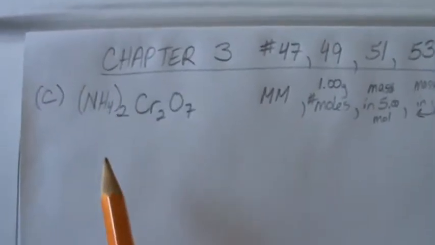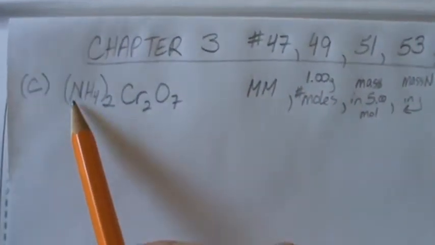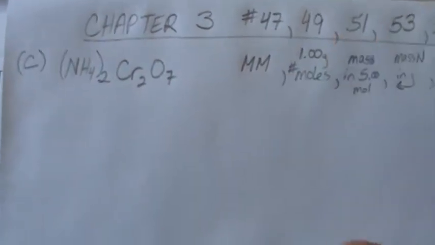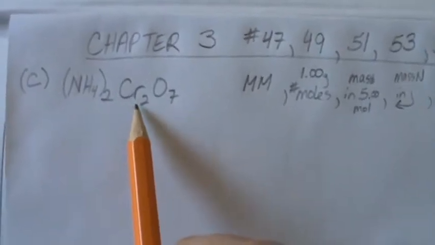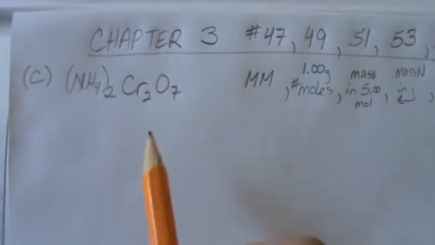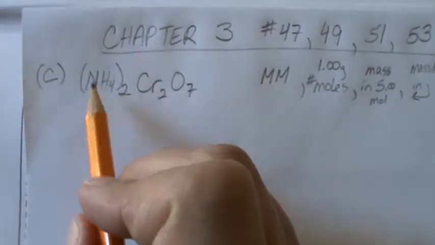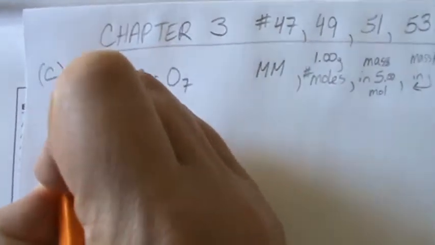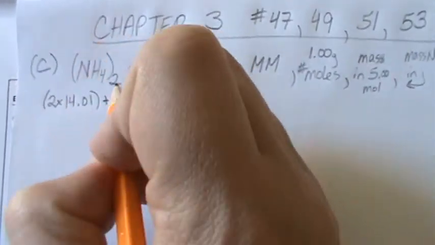Okay? So part C of 47 says we need to find the molar mass of this compound, ammonium dichromate. It's not really a molecule, it's a formula unit because it is an ionic compound. So here's our cation, ammonium, and our anion, the dichromate, Cr2O7 2-. In order to find the molar mass, I have 2 nitrogens, so that's 2 times the molar mass of nitrogen, which is 14.01,